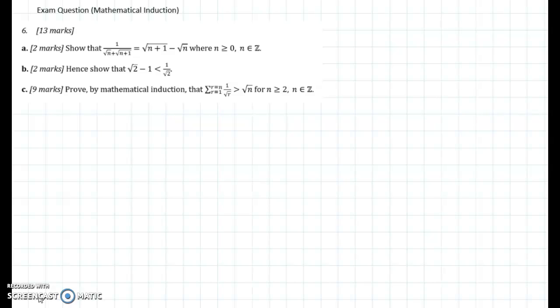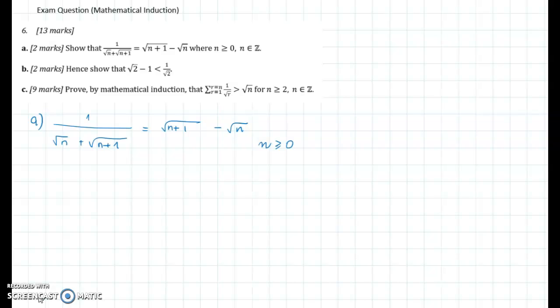In part A we have a statement about non-negative integers that we want to prove, and it will be tempting to try to prove that by mathematical induction, but that's definitely not what we have to do since this part is only 2 marks. So the statement that we have to prove is that 1 divided by square root of n plus square root of n plus 1 is going to be the same as square root of n plus 1 minus square root of n, and that's for all n